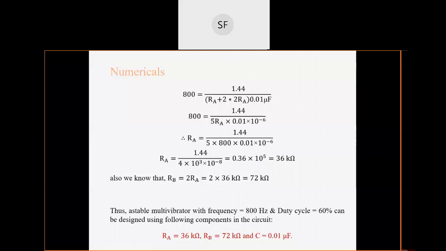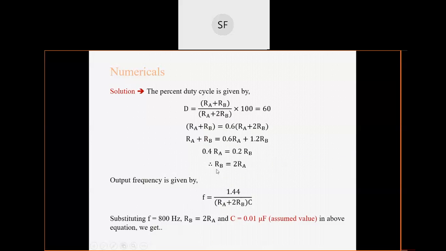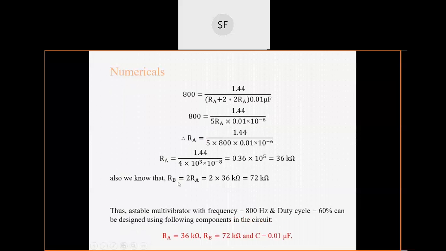Again, we have already found the relation between RB and RA. So RB is twice of RA, right? So again, we are using that RB is nothing but twice of RA. The value of RA is 36 kilo ohm. So similarly, 2 into 36 equals 72 kilo ohm,